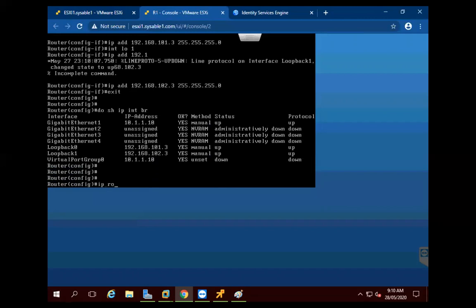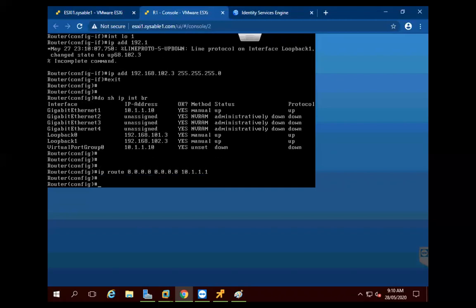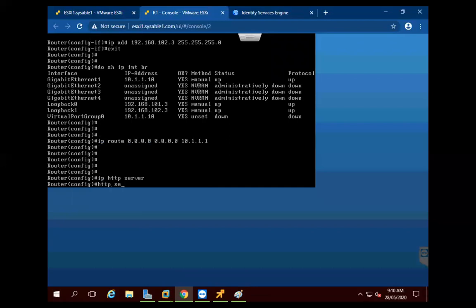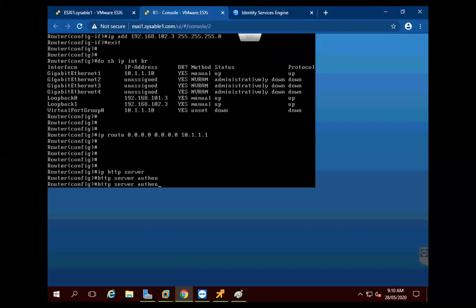And I will give the default route towards the ASA, that is 10.1.1.1. And I will do the HTTP server authentication.